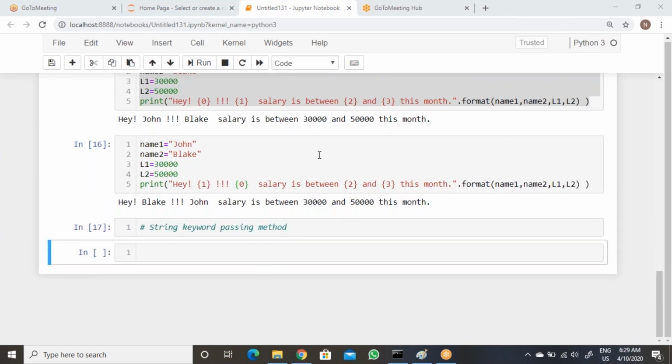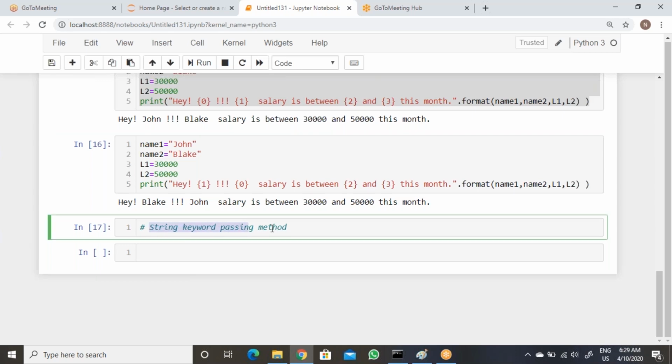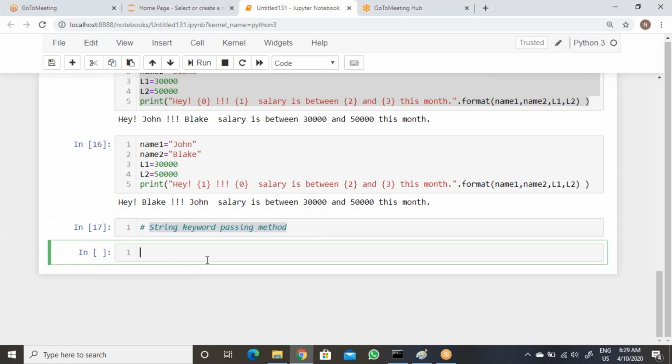So and also we have string keyword passing method. Okay. So now let's see. So up to this you are clear, right? I hope it's clear up to this.